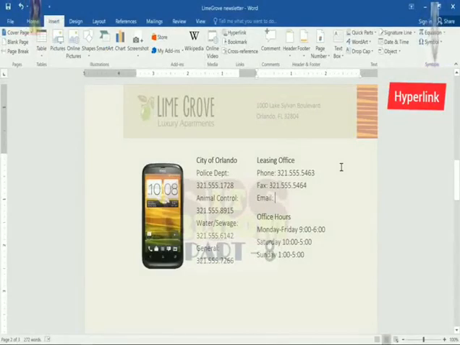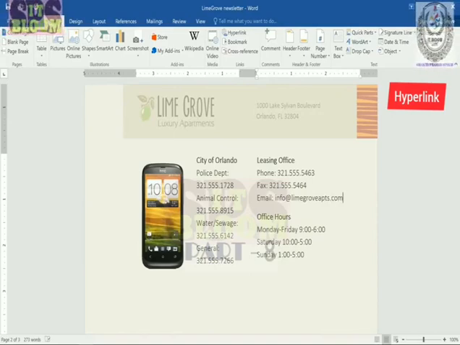You may want to include a web address or an email address. You can format these as hyperlinks so people can access the information directly from Word. For example, I'd like to add an email address in the contact section of this newsletter. So I'll just type the address here, and when I press the space bar or the enter key on my keyboard, Word will automatically format the text